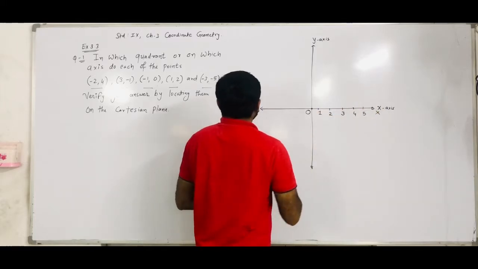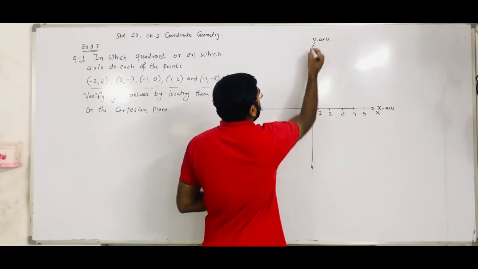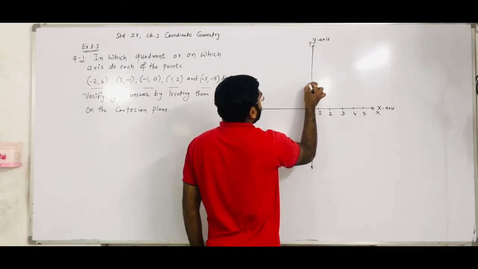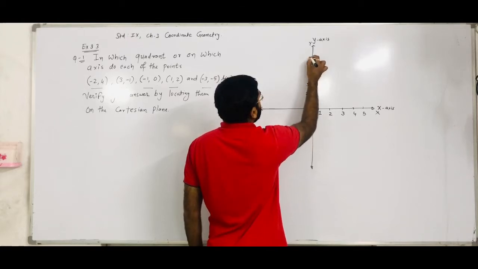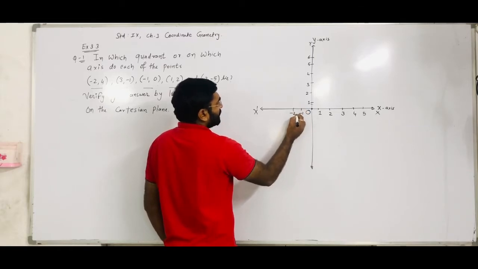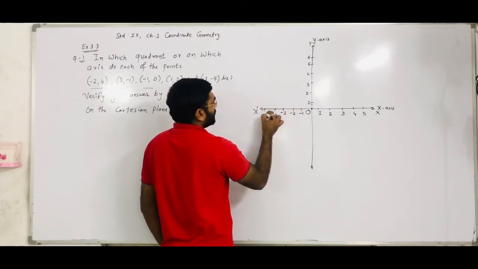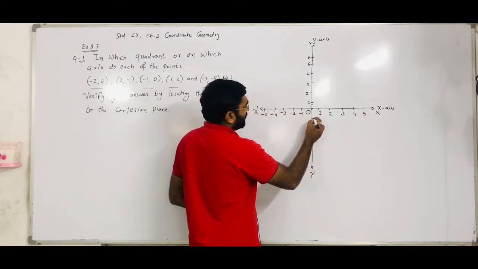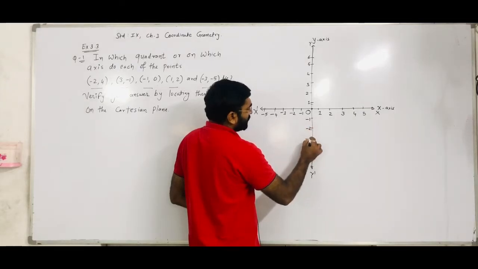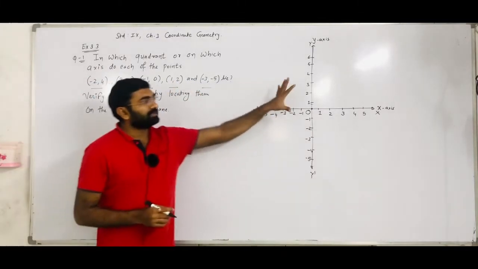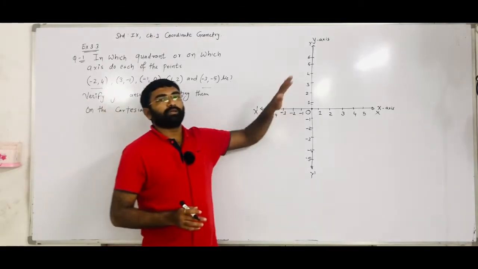That way we represent it. And here we represent the positive y-axis. This OY is our positive y-axis, on which we mark 1, 2, 3, 4, 5, 6 that way. And here OX dash is our negative x-axis, where we mark -1, -2, -3, -4, -5. In the same way, here is OY dash, our negative y-axis, with -1, -2, -3, -4 and -5. That way we write the XY coordinate plane, or the Cartesian plane. You have to draw this in your graph paper.